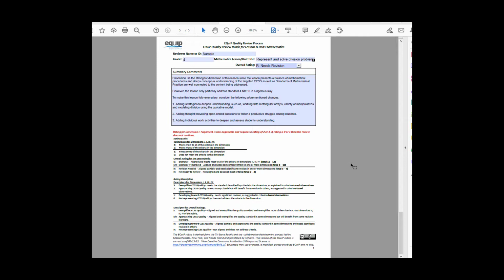So that is it for today. Make sure that you go in, find the documents in Blackboard, and do your journal entry. That will be the extent of what you have to complete for your EQuIP